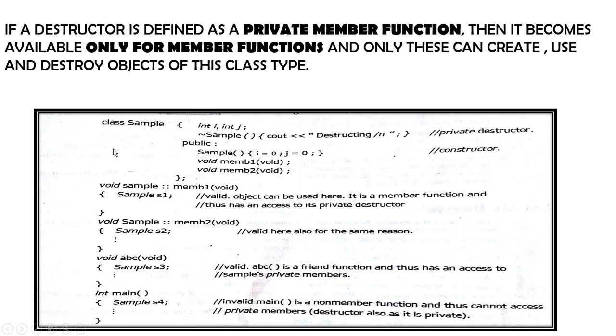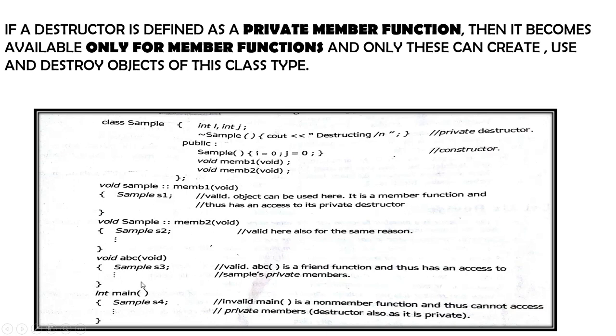After the ending of the class, we are defining the objects here. So here is a definition for object 1. What this is doing is just creating an object of sample. Therefore we have s1 created here. It is valid because this is a member function of this class, therefore you can create the object here. This is also valid. It is not declared here anywhere, but this is a friend function of this class. Therefore you can create an object of this class inside this function. You can see this is valid because ABC is a friend function of the sample class.